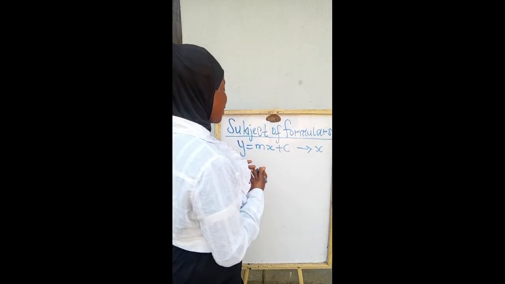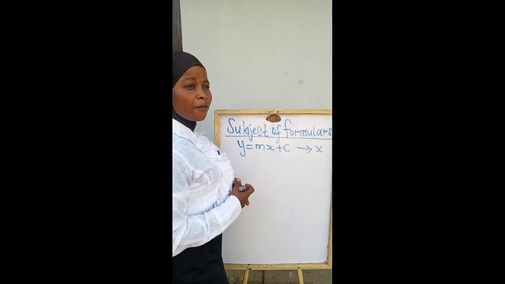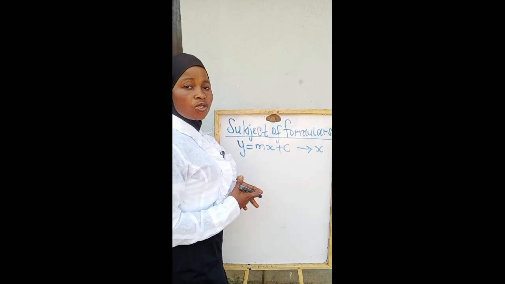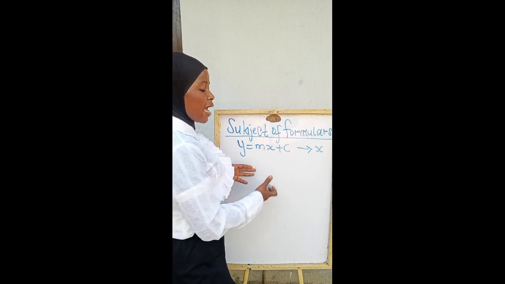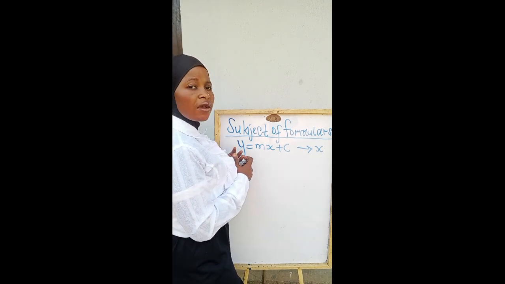Subject of the formula simply means isolate one variable and move the other variable to the other side of the equation. Let's solve this. We are told to make x the subject of the formula, and if we are making x the subject of the formula, it simply means isolate x and bring the other variable to the other